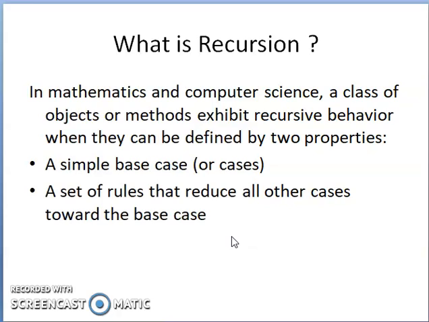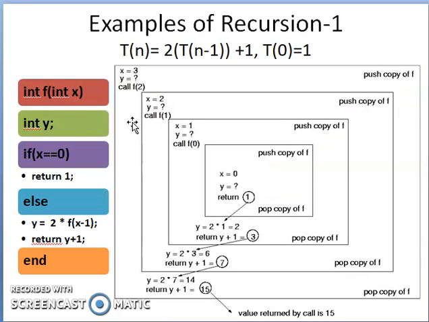And when the base case is not met and we are calling the function again and again, some value should change in such a manner that we become closer to the base case each time the recursion is invoked. So there are two things. One is the base case should be clearly defined, and the second is that all other cases should reduce towards the base case. Let us understand this better with the help of an example.